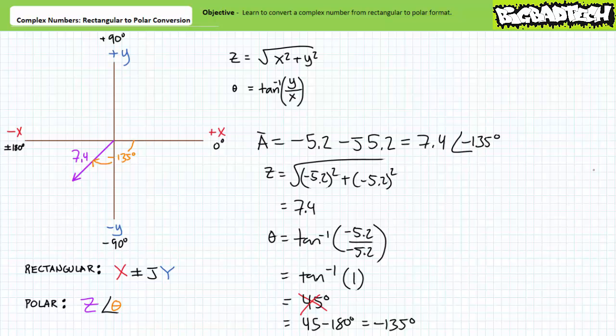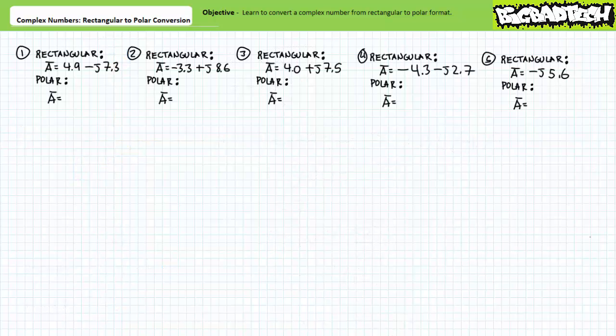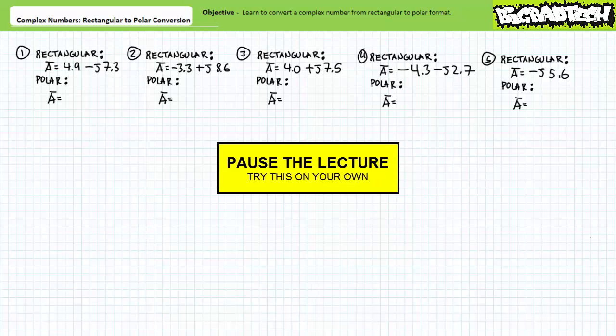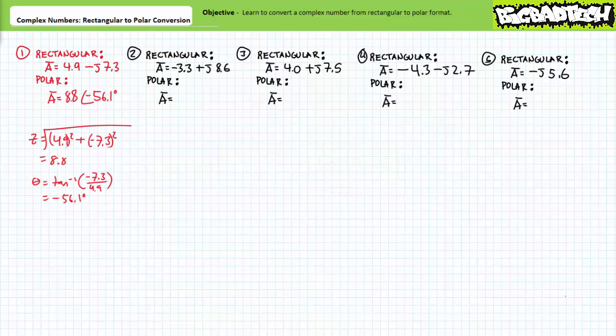Put your understanding of converting from rectangular format to polar format to the test with these example problems. By all means, pause the lecture and try this on your own. If you're tracking, you should have obtained the following results. For our first example, positive 4.9 minus j 7.3 is equivalent to 8.8 at an angle of negative 56.1 degrees. Note rectangular format places us in the fourth quadrant, and our resultant angle is between 0 and negative 90 degrees,